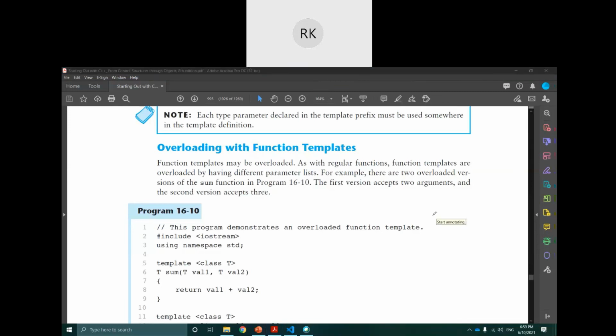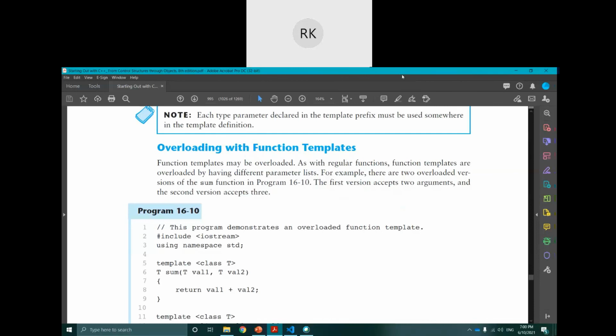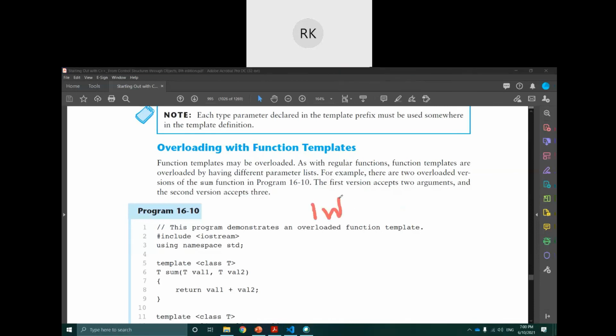For example, if we have a function int sum, note the point, the name is sum, and it takes two arguments, one integer and another integer.